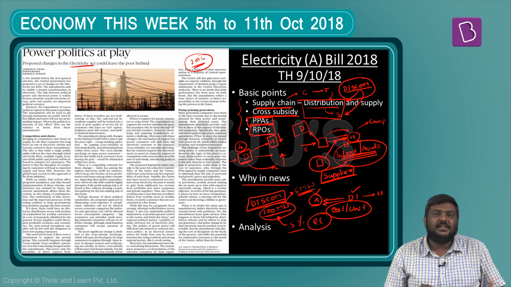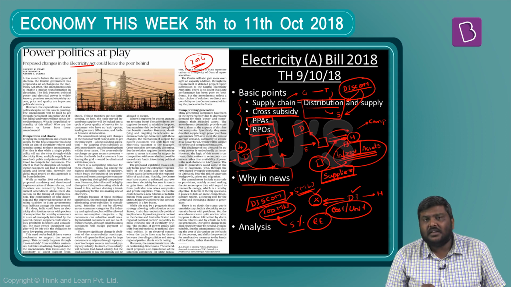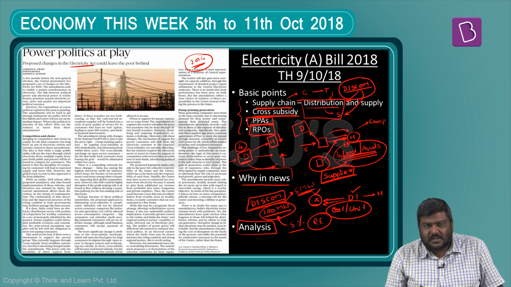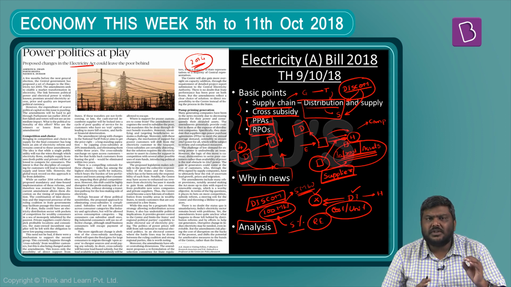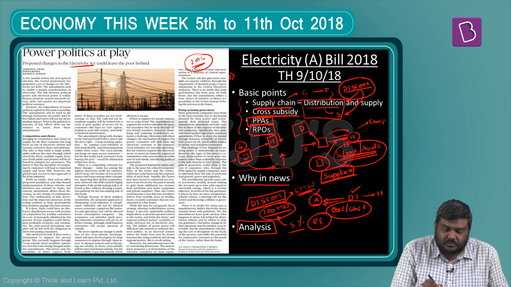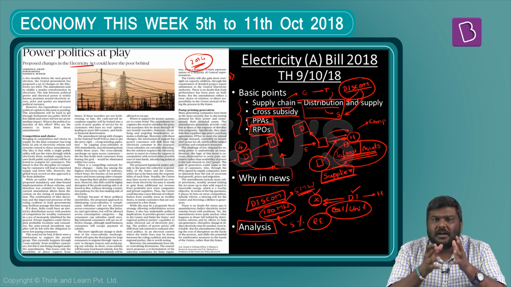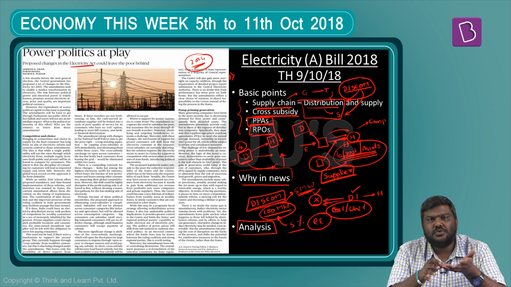As already mentioned, the central government has issued a draft amendment. That is the reason this is in the news. What is the analysis? Let's look at some of the very important provisions which have been proposed in this particular draft. One, the draft says henceforth there will be separate companies which will be given licenses for distribution as well